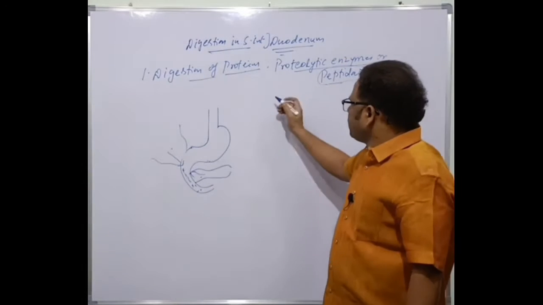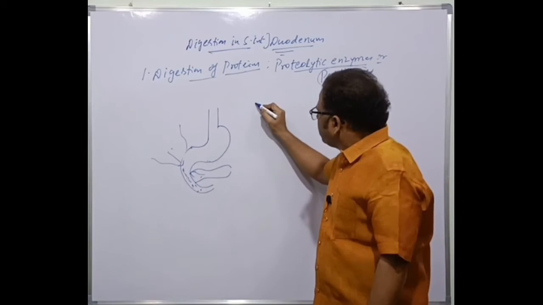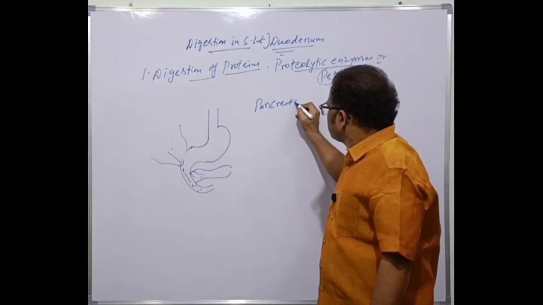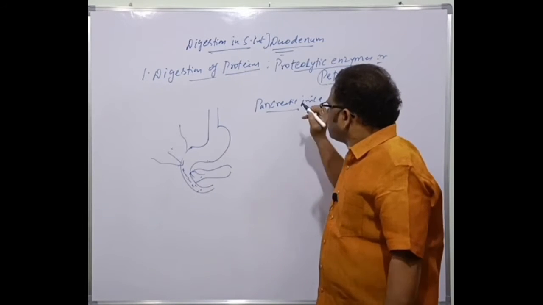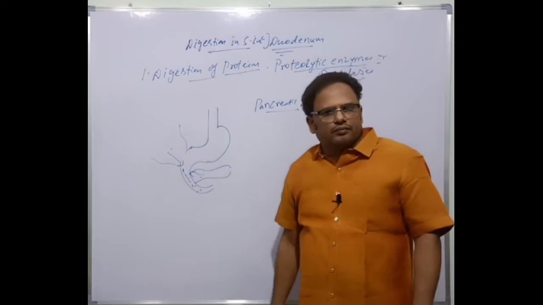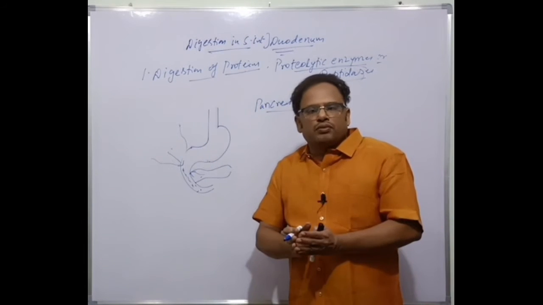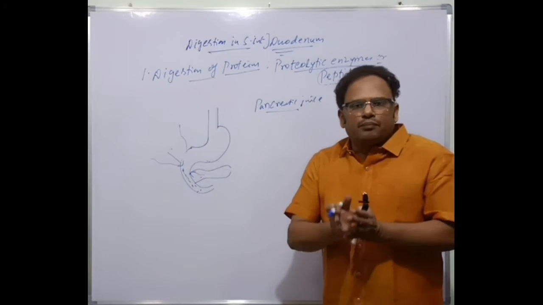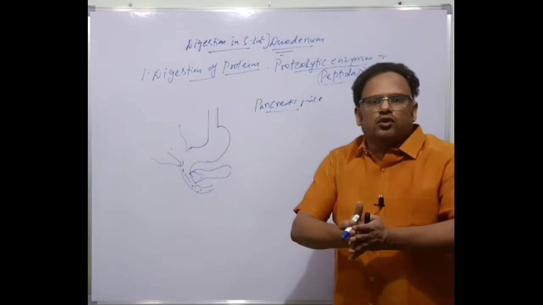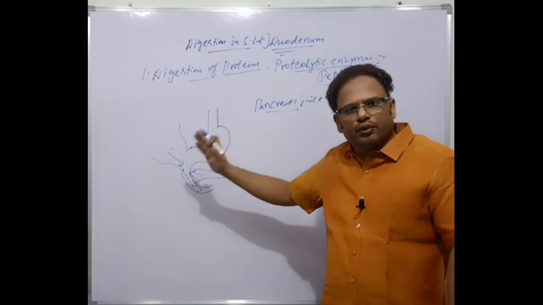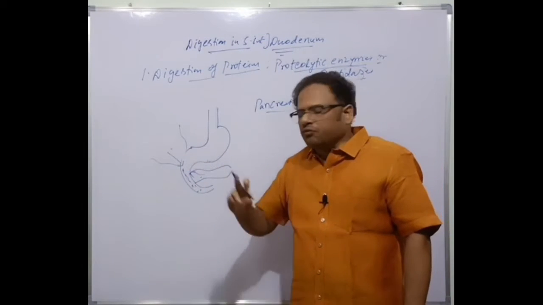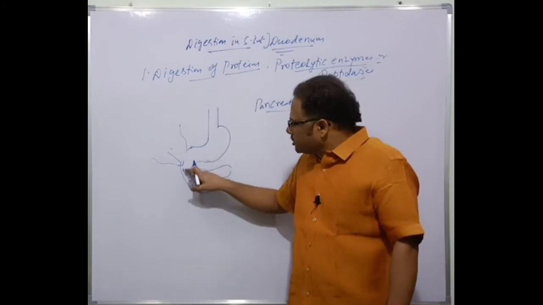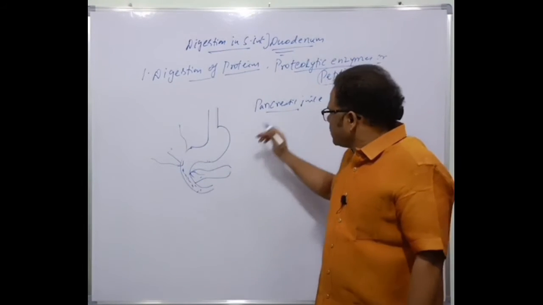Now, how does this happen? For example, the pancreatic juice is released from the pancreatic duct, and the bile juice is released from the bile duct, the common bile duct. Both the common bile duct and the pancreatic duct join to form the hepatopancreatic ampulla guarded by the sphincter of Oddi, which opens into the duodenum. We have already discussed this point, isn't it? So the duodenum receives the bile juice and pancreatic juice.